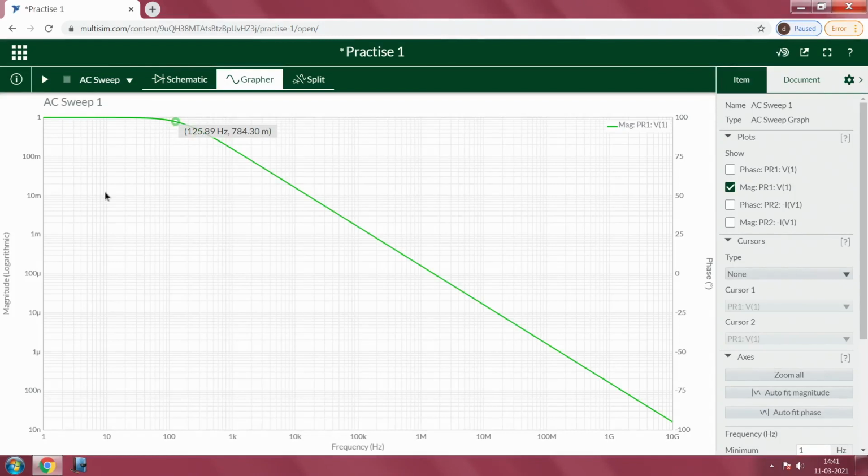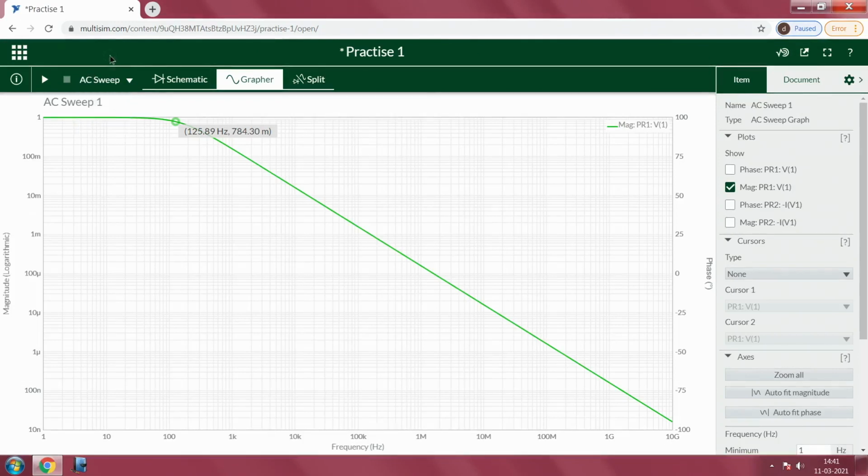If you want to verify the cutoff frequency, 1 by 2 pi RC, just analyze that and match it with the cutoff frequency. Say you do not want to see the frequency plot from 1 to 10 giga, rather it is okay if we plot up to 10 kilo.